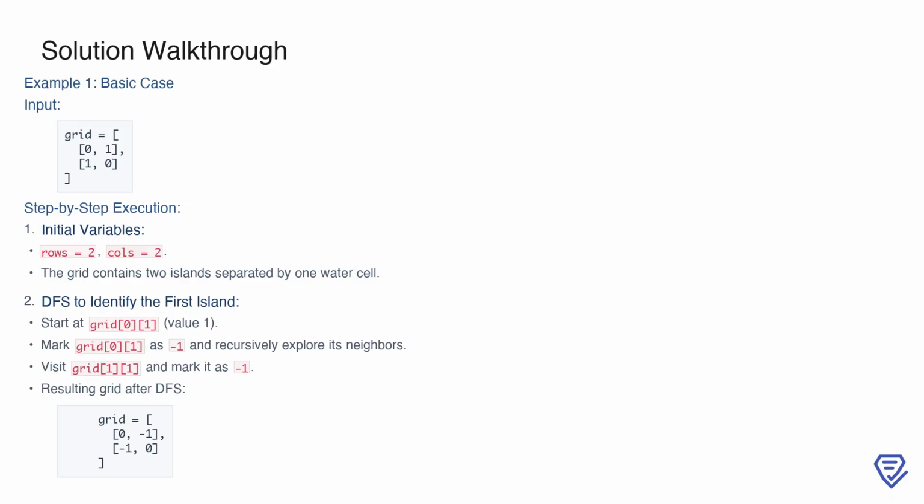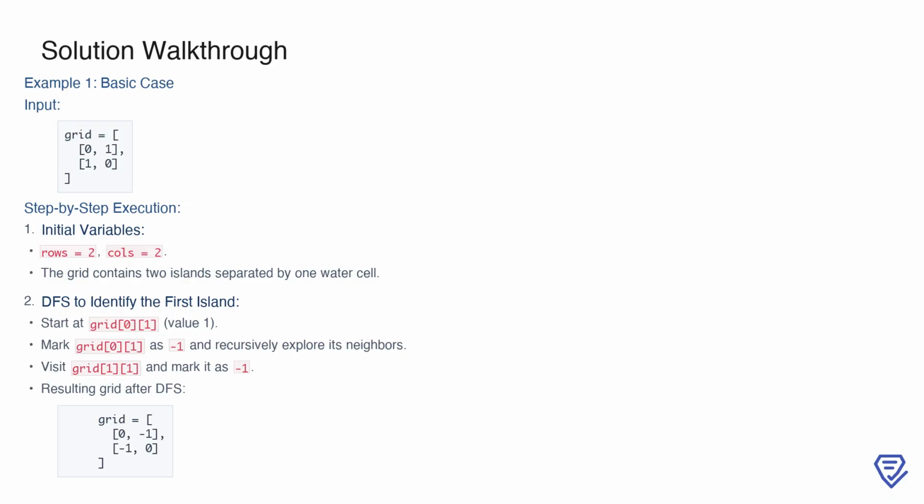In this example, we are working with a small 2x2 grid that contains 2 islands separated by a single water cell. First, we initialize the basic variables, rows and cols are both set to 2. The grid structure makes it clear that we have 2 distinct islands. Our goal is to connect these 2 islands by flipping the minimum number of water cells. To achieve this, we start by identifying one of the islands using depth-first search, or DFS. Beginning at grid[0][1], which is part of the first island, we mark this cell as -1 to indicate